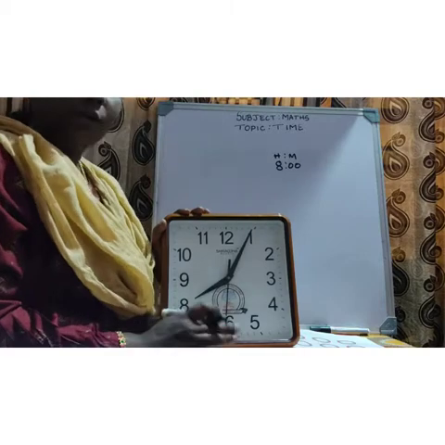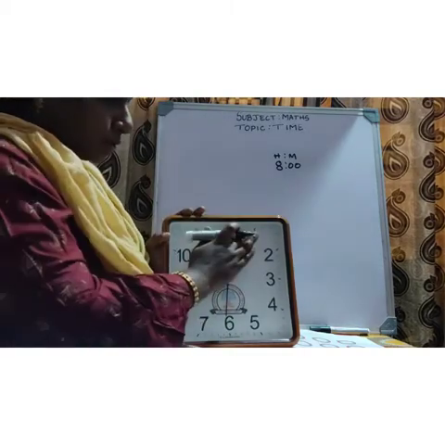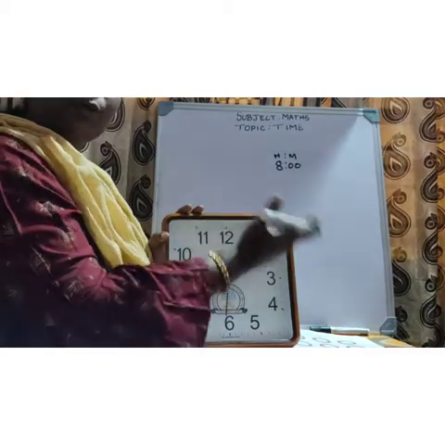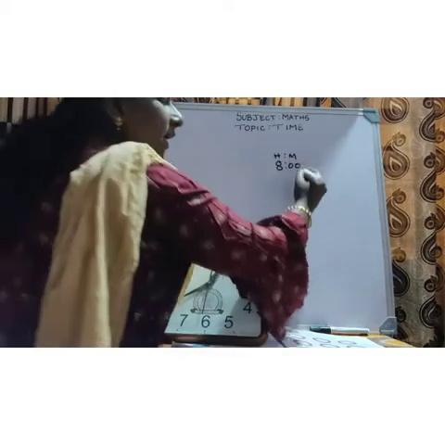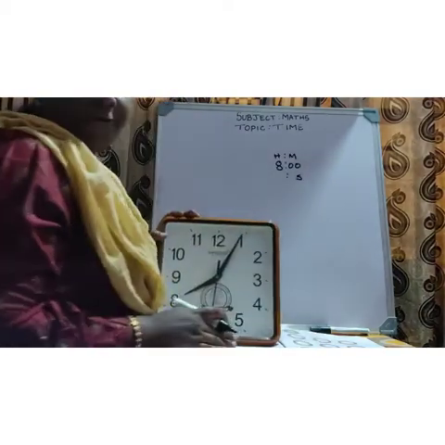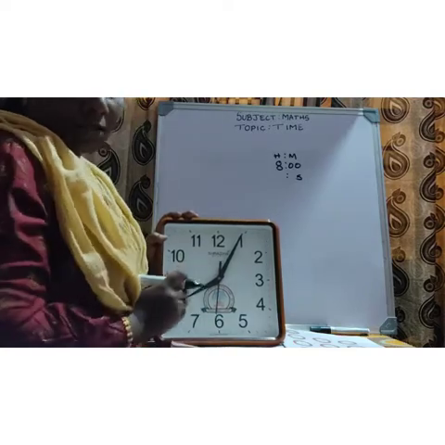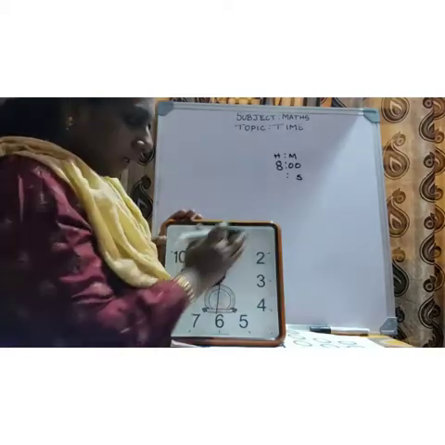As I told you before, if you know the table of 5, it is very easy to learn this. Just multiply this number into 5. 5 ones are 5, so it is 5 minutes. What is the time? It is 5 minutes. Later we will learn the hours too. Along with hours, I will teach you once again. First we will learn only this